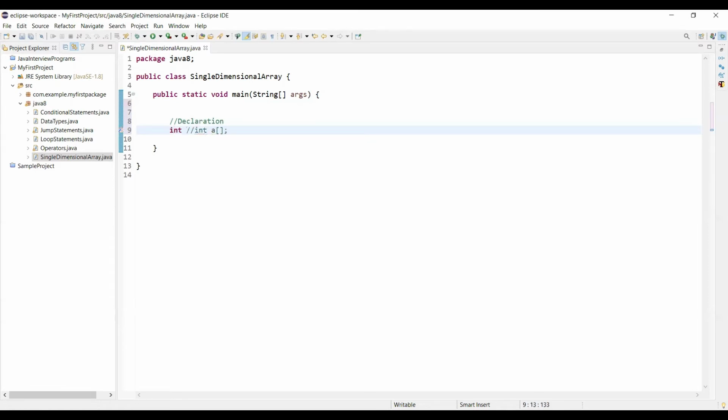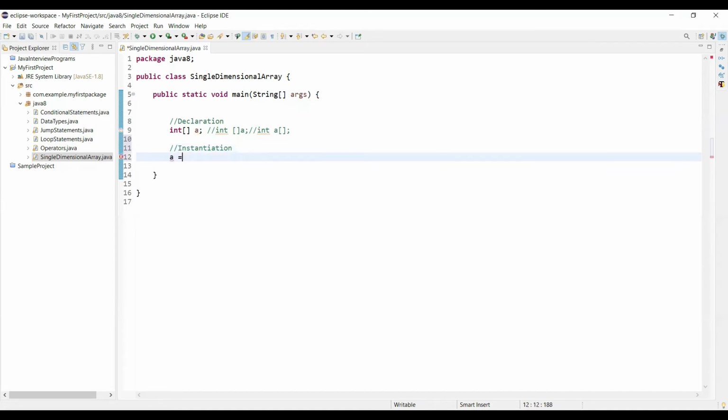Or we can also declare it by specifying the square braces just before the variable name, or even right after specifying the data type. So all these are valid syntaxes of declaring an array. Now let's see the instantiation part, how to instantiate an array.